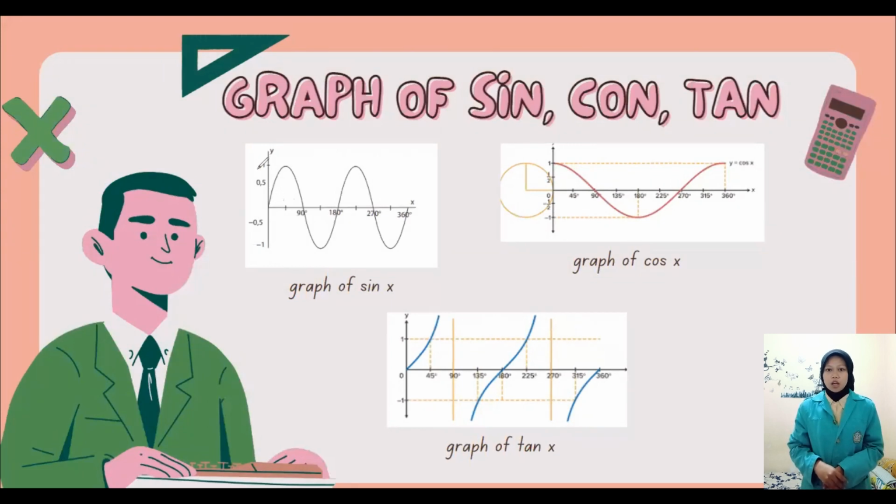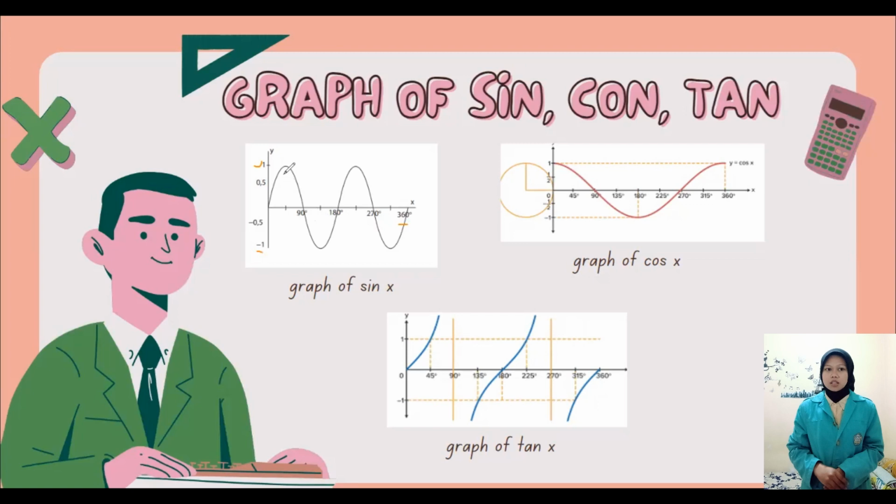From the graphic, we can see that the maximum value of y is 1 and the minimum value of y is -1. The period is the distance between repetitions. The value of the period from the sin x graph is 2π. It can be seen that the graph has a period of 1 full rotation.